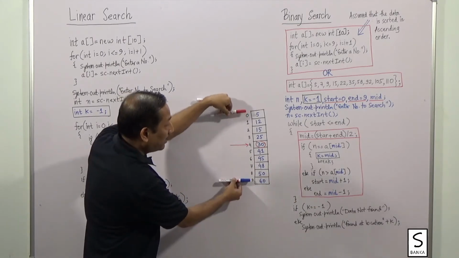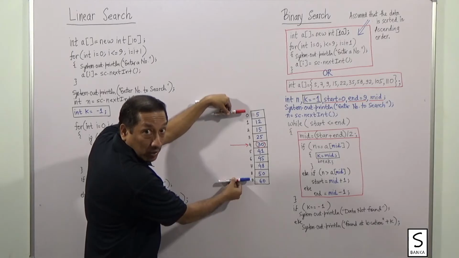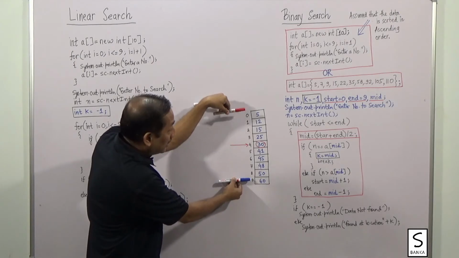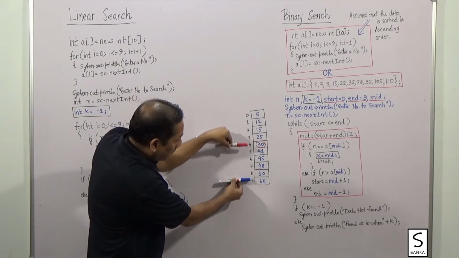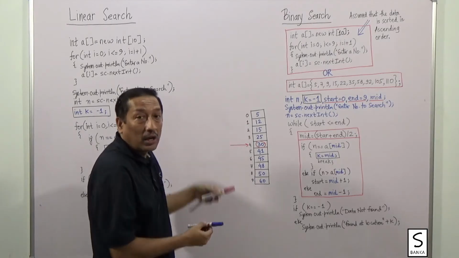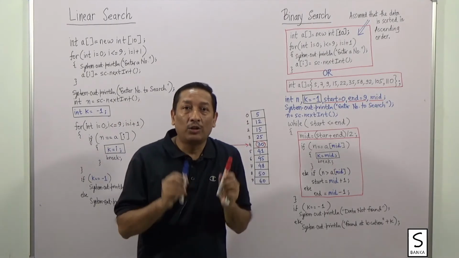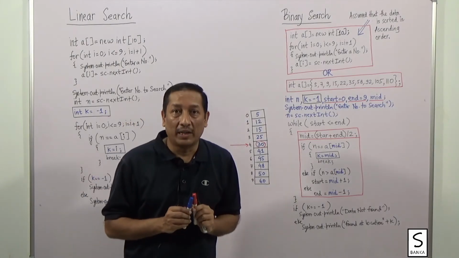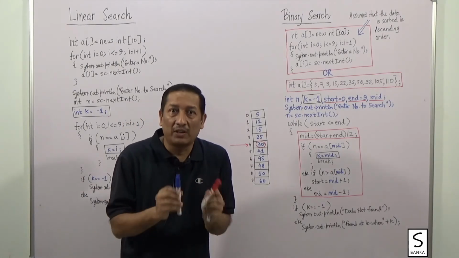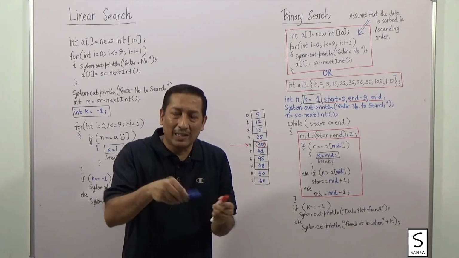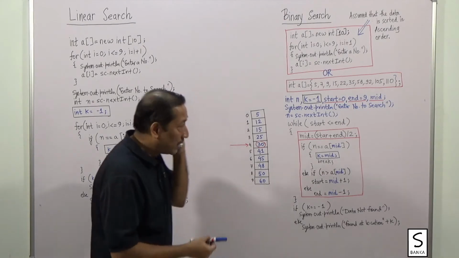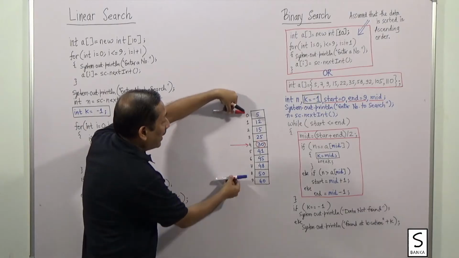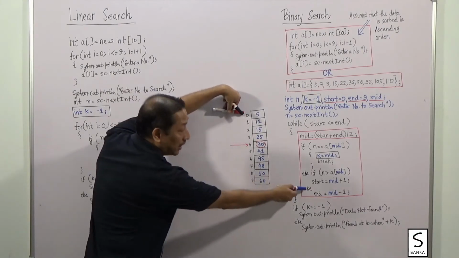See, the red pen indicated start, which was 0 right now. If my data is more than 30, the value of start changes to mid plus 1. So now the range that we will have is, okay, I need to look for my data in location 5 to 9. If it is there, well and good. If it is not there, obviously we will print not found. Yes, the process will go on, we will see later on. The second option is, my data was less than 30, that is the last option.